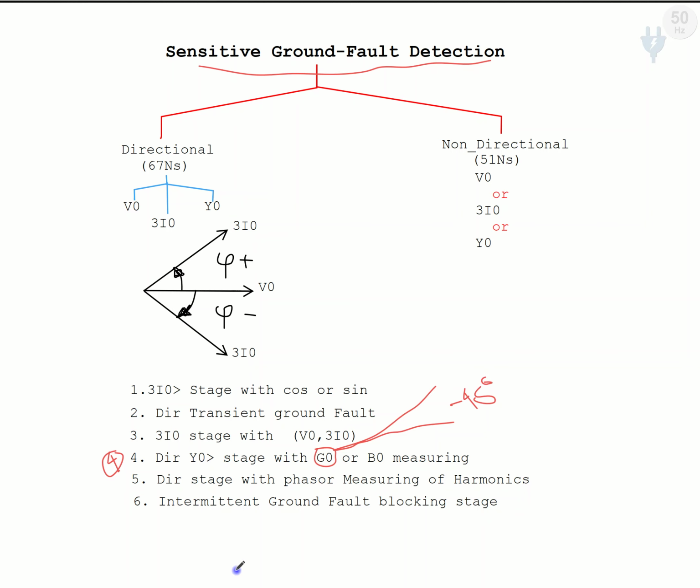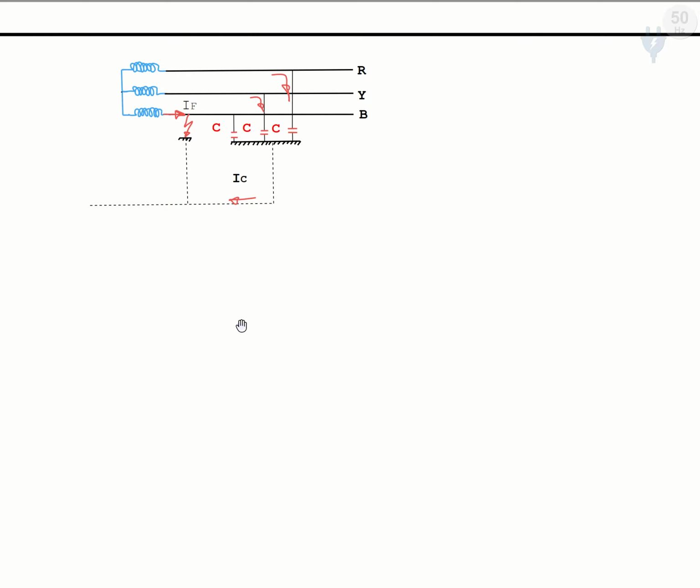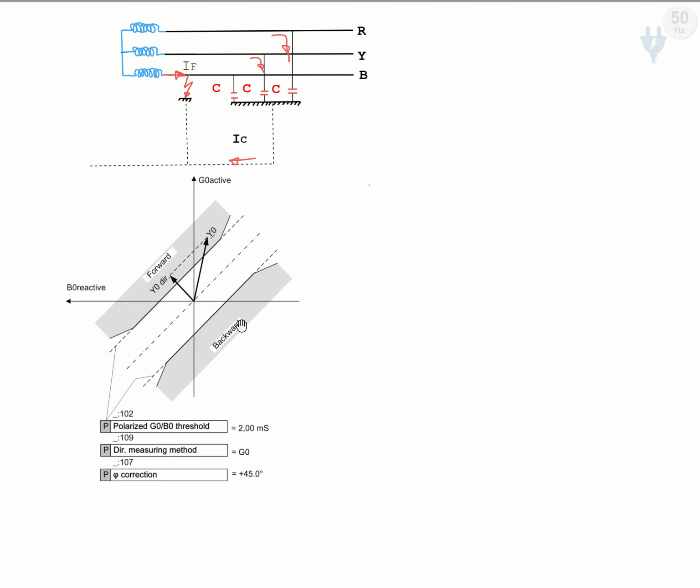Then in this session we are discussing another system, that is a system which is not grounded, an isolated system. In the isolated system we can have two options according to our system and according to the ground fault current, which will be